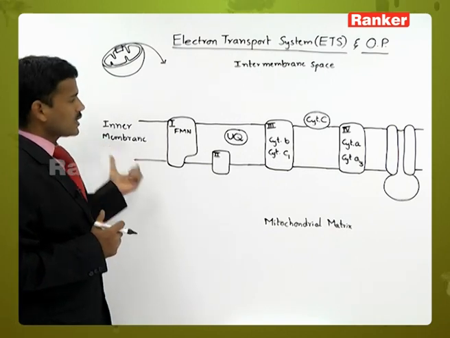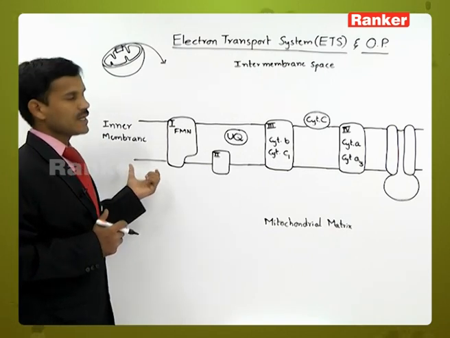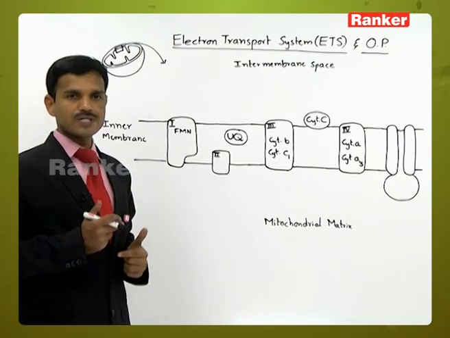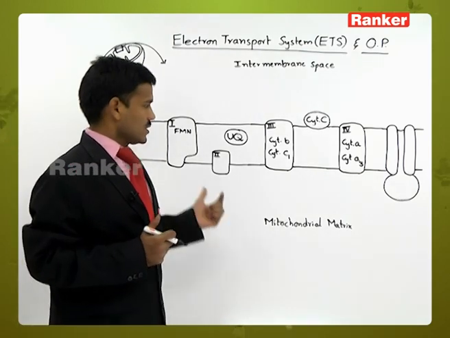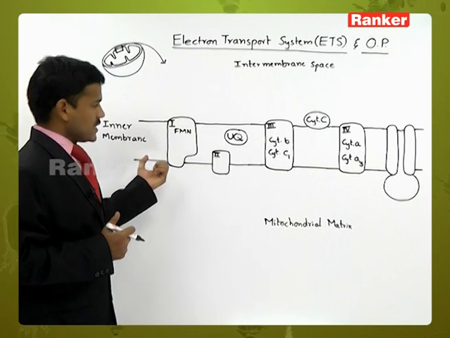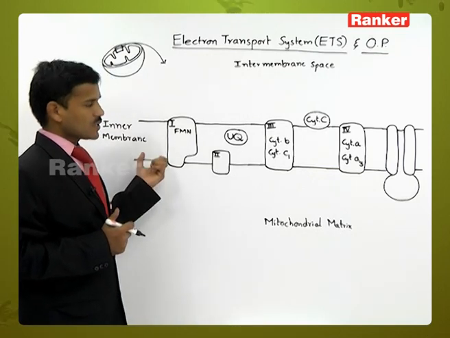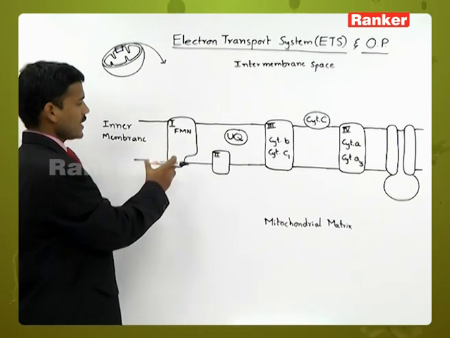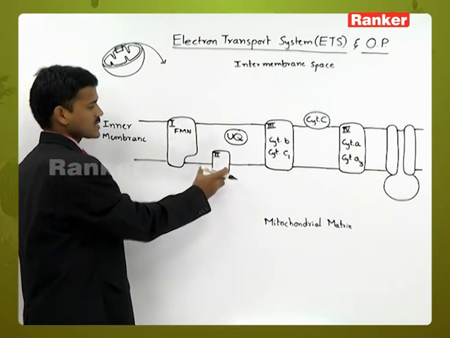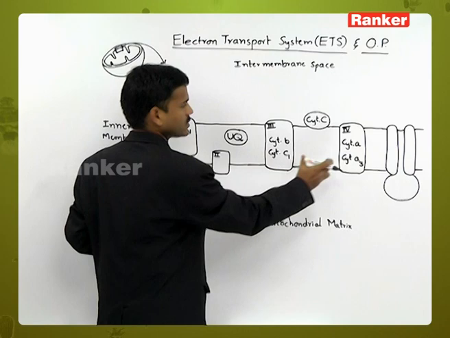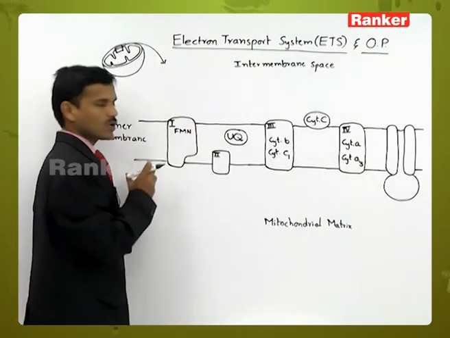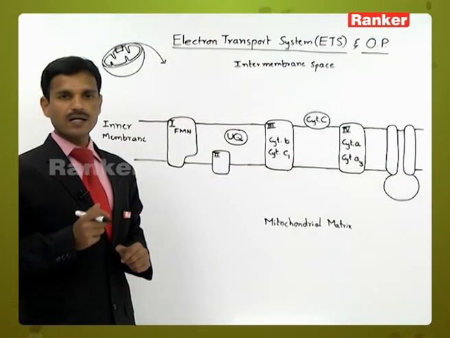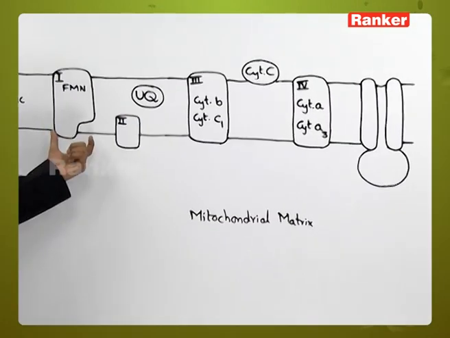In the electron transport system, ETS or electron transport chain, ETC, some enzyme complexes are involved. The enzyme complexes are present on the inner membrane: first complex, second complex, third, fourth. These four complexes are involved in the electron transport. The four complexes are,